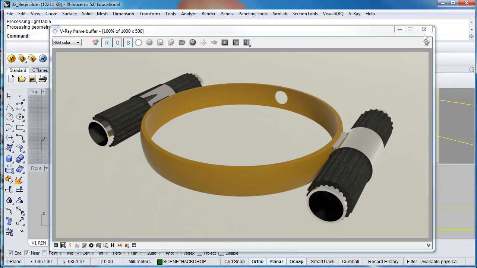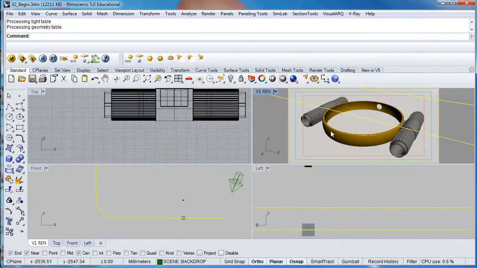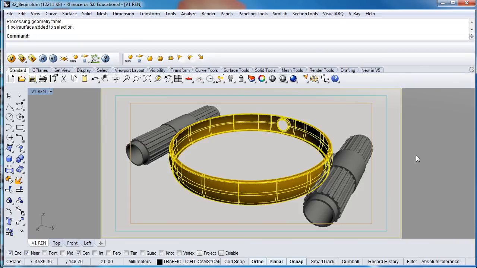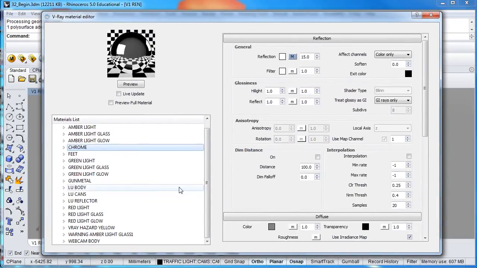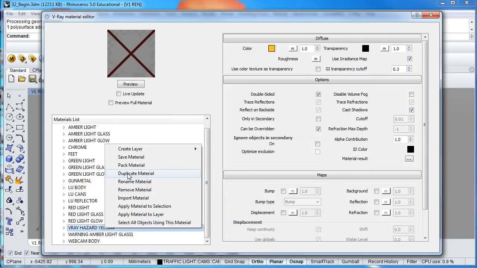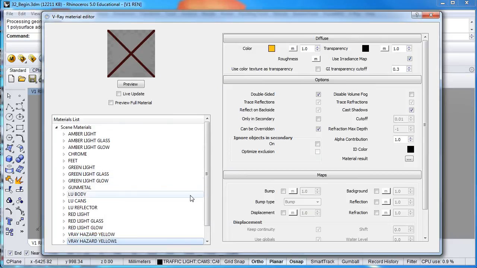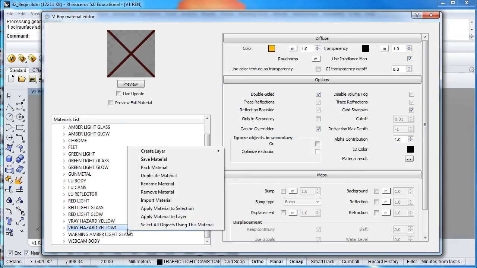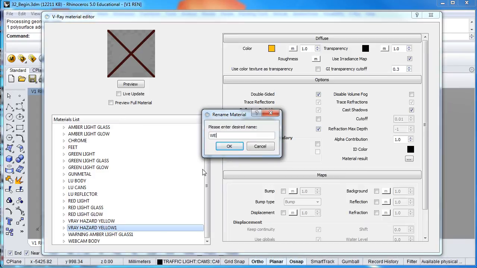So to begin with, let's just close that editor out. We're going to turn this into a slightly glossier material. So we're going to take our material editor. We're going to scroll down to V-Ray Hazard Yellow, right click, click Duplicate Material, left click, so you can see it's there on screen. We're going to right click again, we're going to rename that webcam bracket, so rename material, webcam bracket,